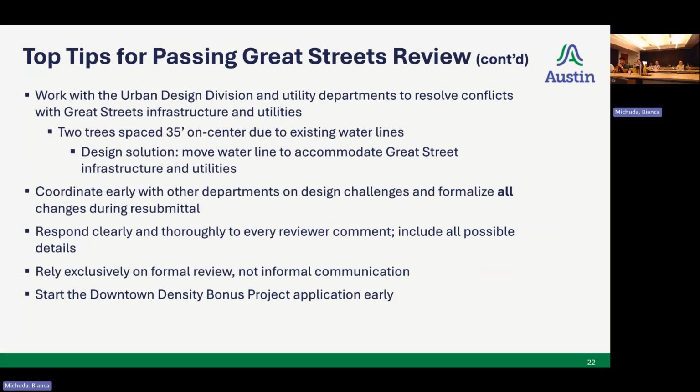So if you have two trees spaced, in this example, 35 feet on center, that's not going to be Great Streets, because we have a 100% success rate of actually, sometimes we'll move utilities to install the trees for the appropriate Great Streets spacing. Also, this is really important: if you take nothing else away from this presentation, I need you to take away this: coordinate as early as possible, to make sure that Great Streets has a seat at the table and understands those design challenges early,